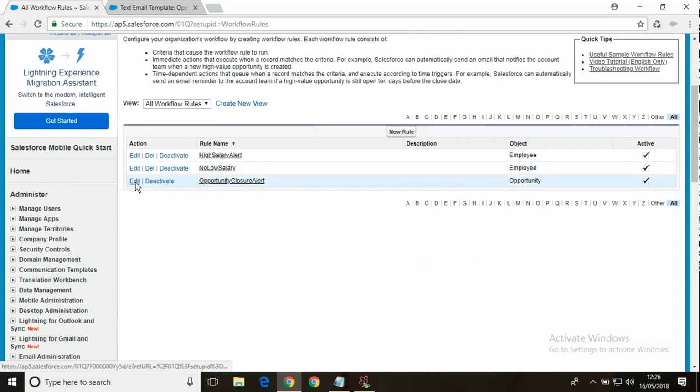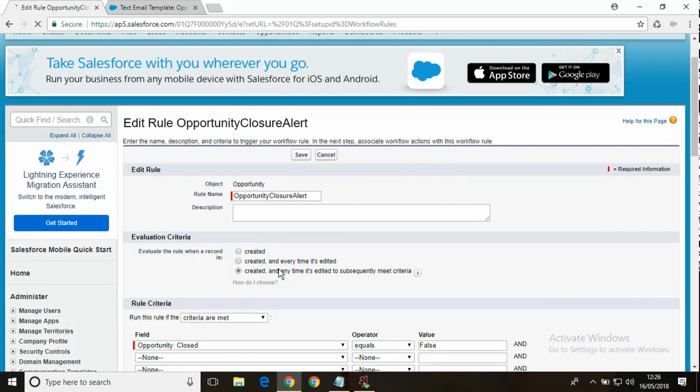Okay, so opportunity closure alert, and here it is anytime it's edited to subsequently meets the criteria. What does it mean? Previously it was false, but now it is true.